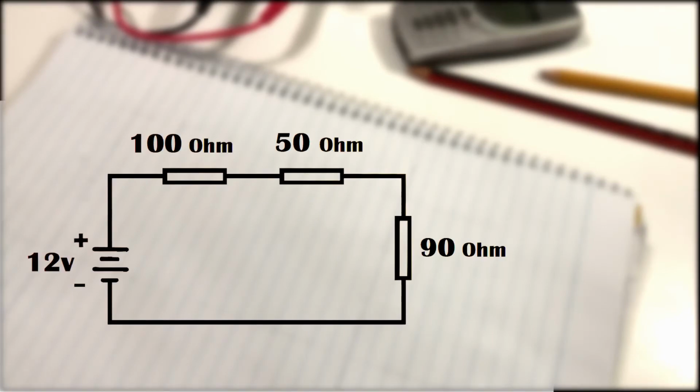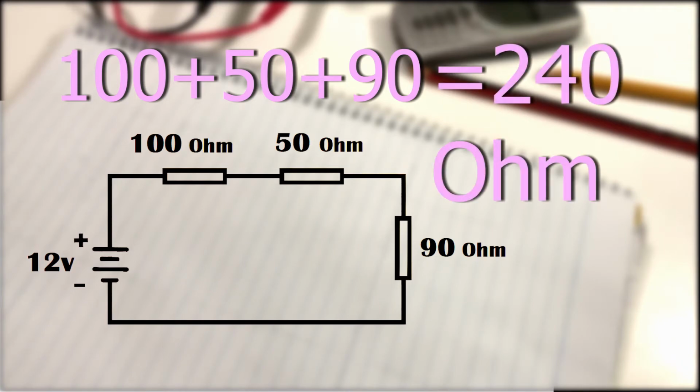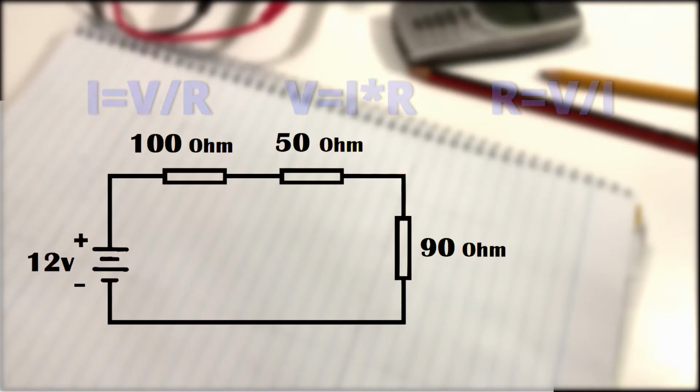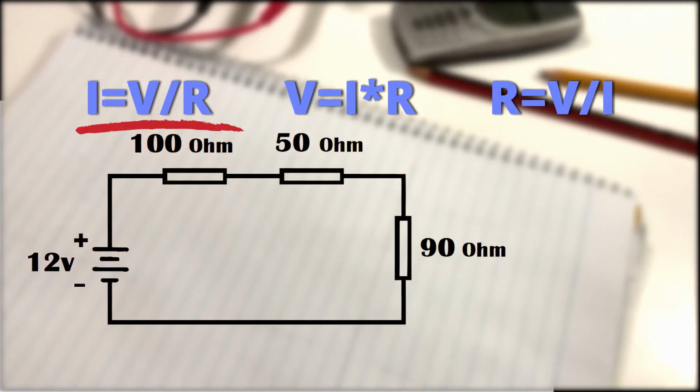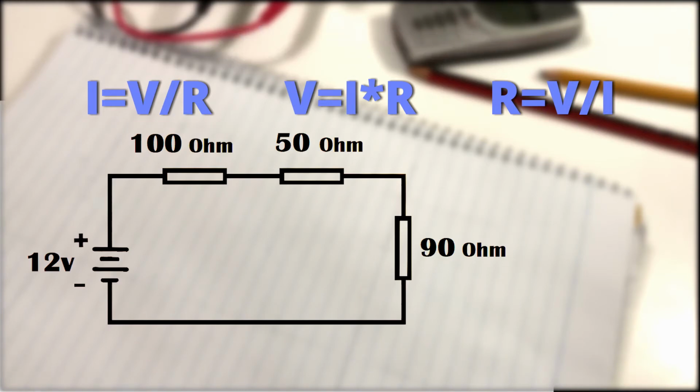So let's discuss current and resistance first. To calculate the total resistance in that series circuit, we simply have to add up all its resistors. In that case, it's going to be 240 ohms. Now, to work out the current using Ohm's law, current equals voltage divided by resistance. In this case, we divide 12 by 240, and it's going to give us